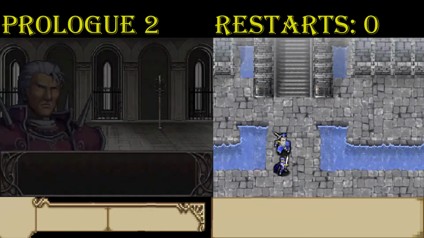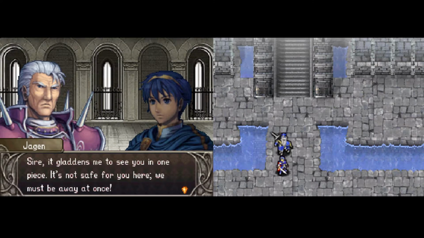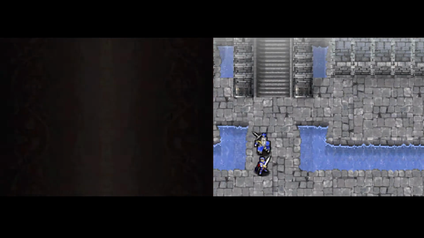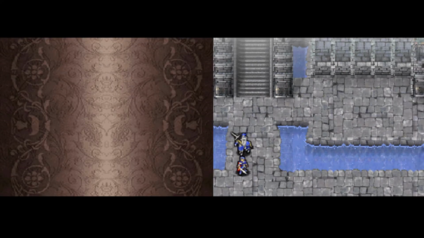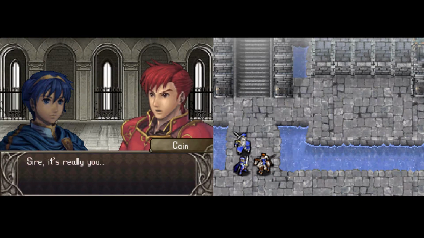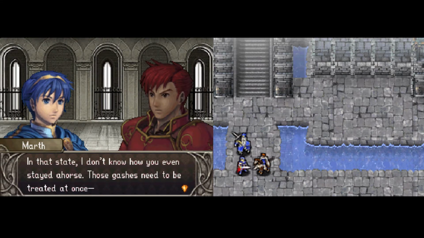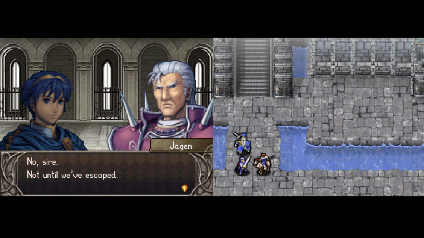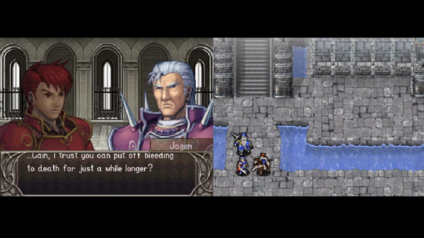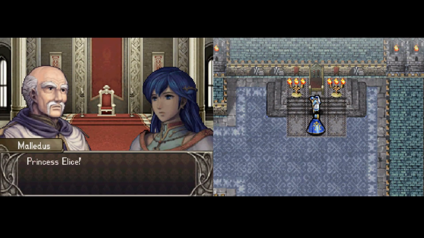Let's seize this arbitrary floor tile and meet up with Jagan. Don't worry, Kane. You'll be fine. Ellis, on the other hand...